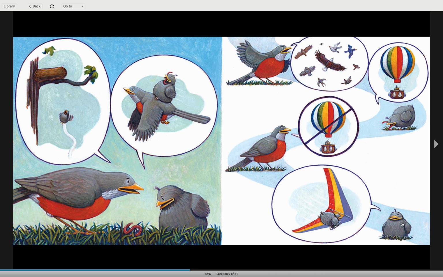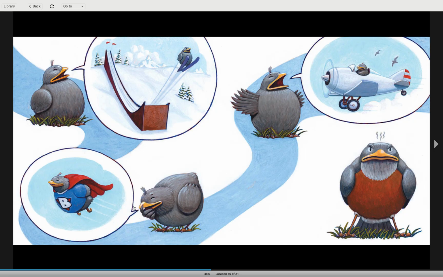So here we have him on a different type of, it looks like maybe a kite. It's actually called a hang glider. So first he is here, he's suggesting to take a hang glider to get through the air. Then next he suggests downhill skiing and taking flight by force and pressure of a ramp, which will send him